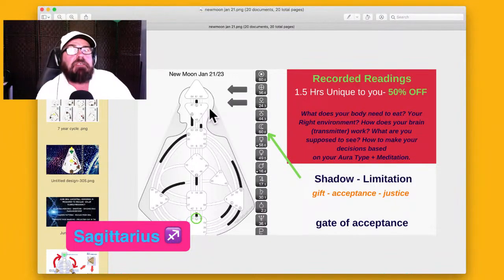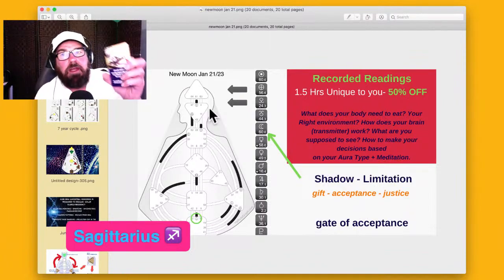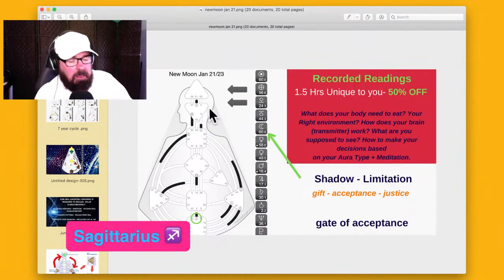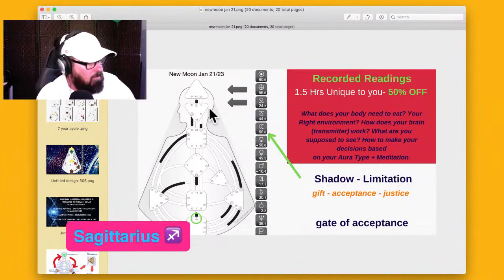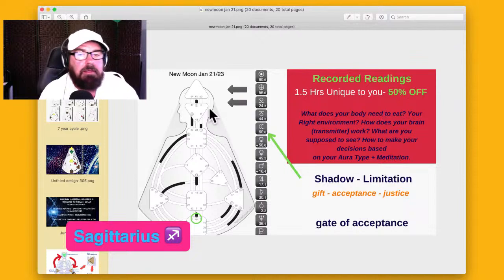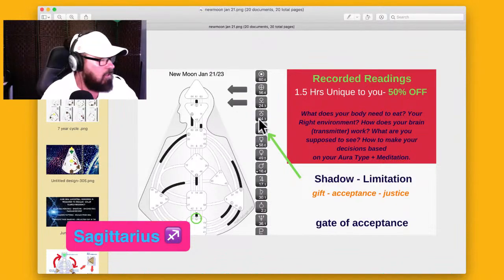Illumination will come. Oh my God, I can't believe I compromised myself for little pieces of paper and I got trapped before in my past experiences. I'm not falling for it again, right? I'm trusting in the divine. That's what we're learning. Okay. So anything for Saturn or for Sagittarius.